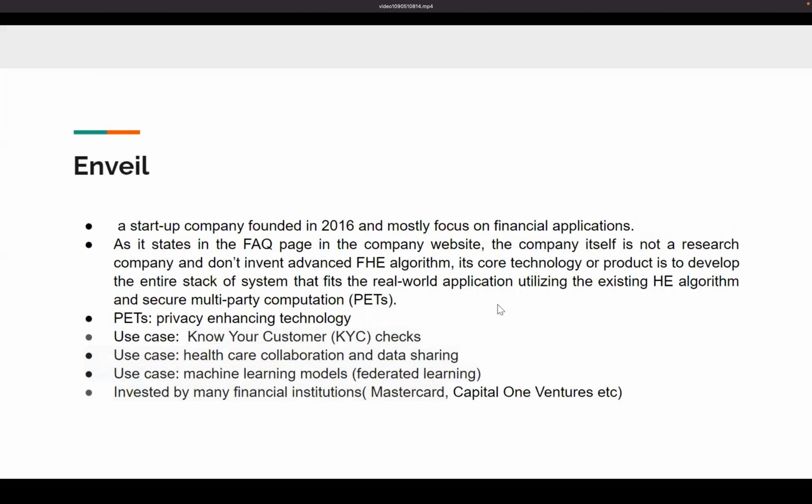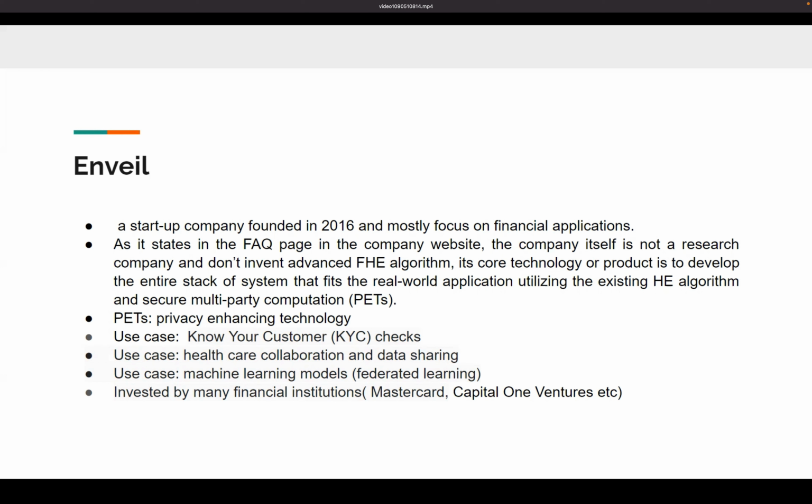Inpher is an industrial startup company founded in 2016, and it mostly focuses on financial applications. As it states on the FAQ page of the company website, the company itself is not a research company and does not invent advanced FHE algorithms. Its sole product is to develop the entire stack of systems that fit real-world applications, utilizing existing HE algorithms and secure multi-party computation, which they call PET, or privacy